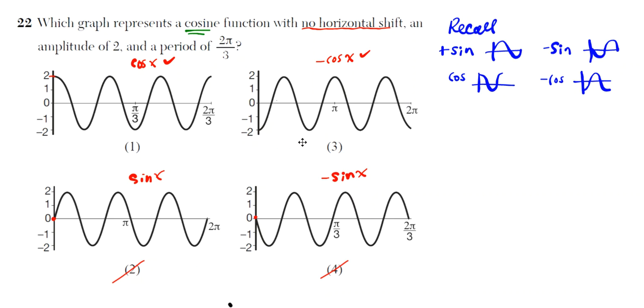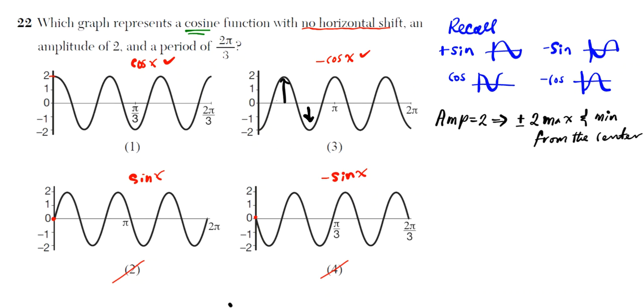Now, what's the difference between these two? They both have an amplitude of 2, so that's not a difference. Amplitude is equal to 2, which basically means that you're going to go plus or minus 2 units to the max and min from the center. And we can see that behavior manifesting itself. From the center, this goes to the maximum of 2 and the minimum of negative 2. The same behavior here. Okay, so the amplitude is not what will help us determine the answer, but the period